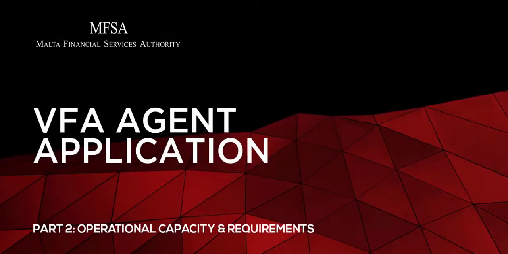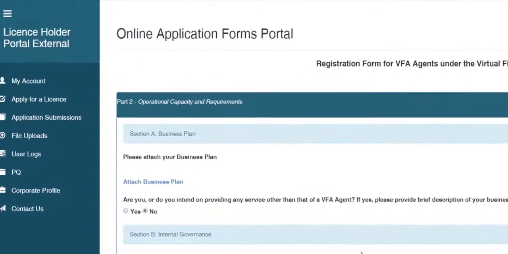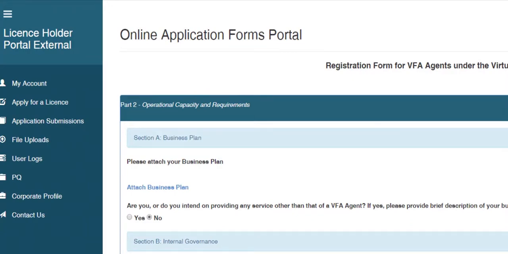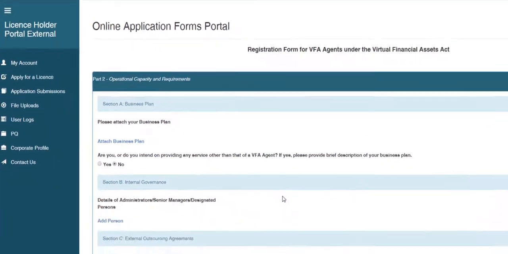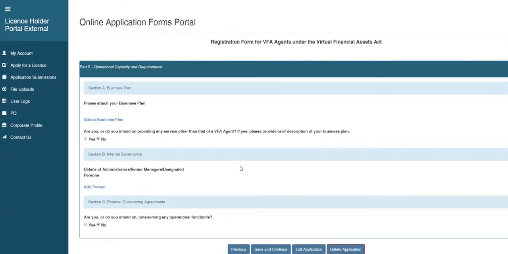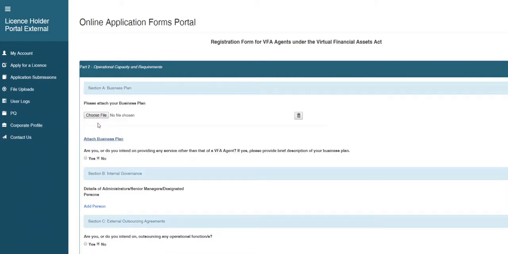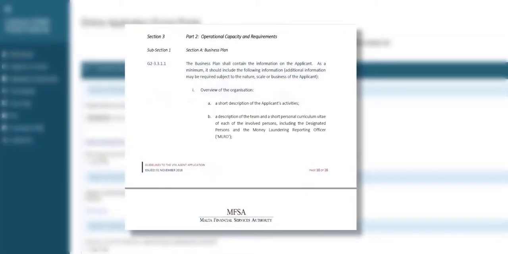Part 2. Operational capacity and requirements. Section A. Business plan. The applicant is required to outline its business plan within this section. This document, which has to be attached and uploaded with the application, shall contain the information on the applicant and, as a minimum, provide for an overview of the organization, an outline of the applicant's strategy and rationale behind the